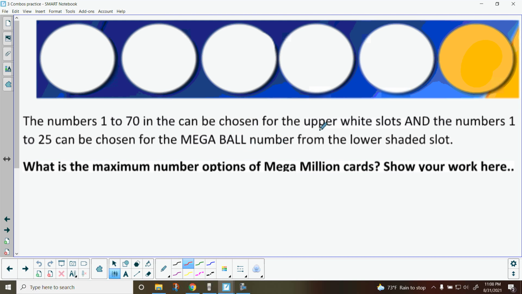This guy. So, playing the lottery. What is the maximum number of options, mega million cards? So, 1 through 70. We've learned if we start at 1 and we go to 70, there should be 70